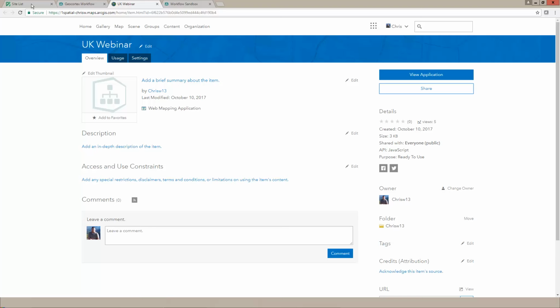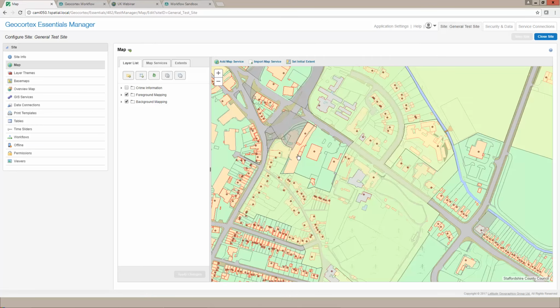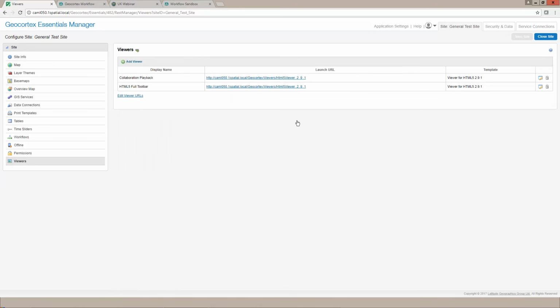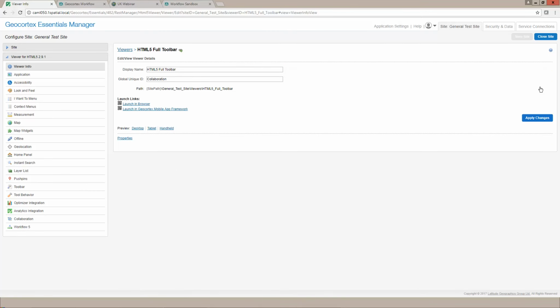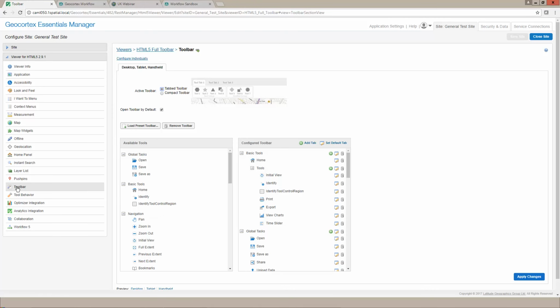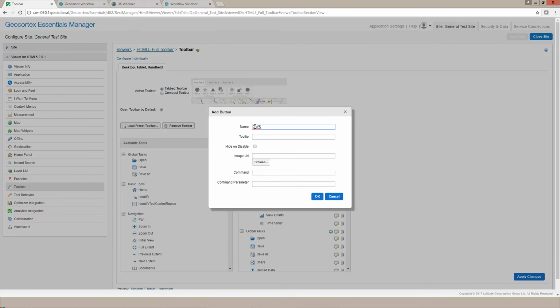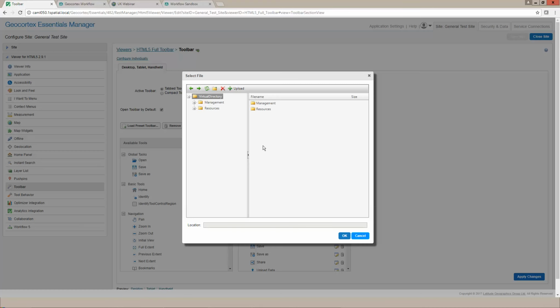So if I go to my manager here and I open up my general test site, I can go to my viewers and I can edit the HTML5 viewer. I can then go to my toolbar because I want to add a button to the toolbar, and I'm going to add it to this tools section. I'm going to add a button and I'm going to call the button GW5, and the tooltip is run a new workflow 5. I can add an icon to this,